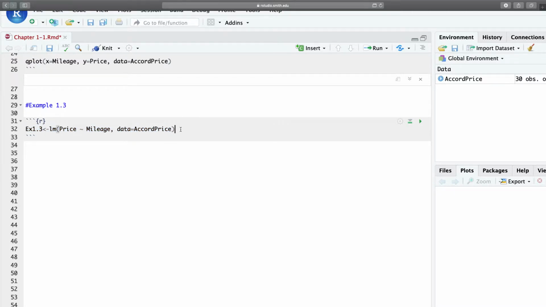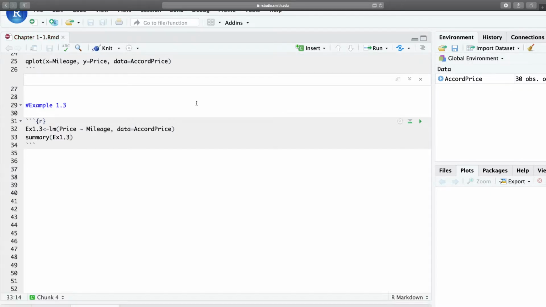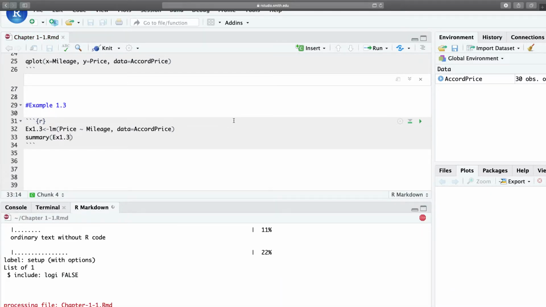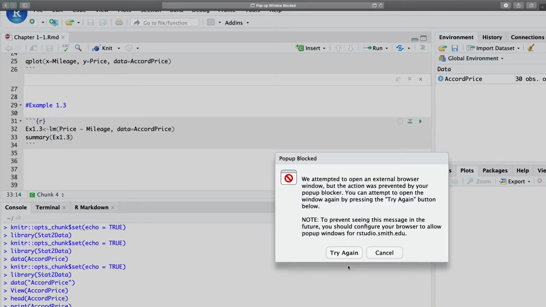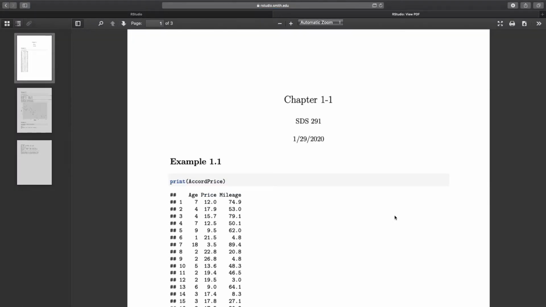Then we need a second piece of code to ask R to give us back all of the summary results of that model. And for some reason, I'm having trouble running this iteratively. So another way to do this is just to knit the file. You can knit the file over and over again, try again,